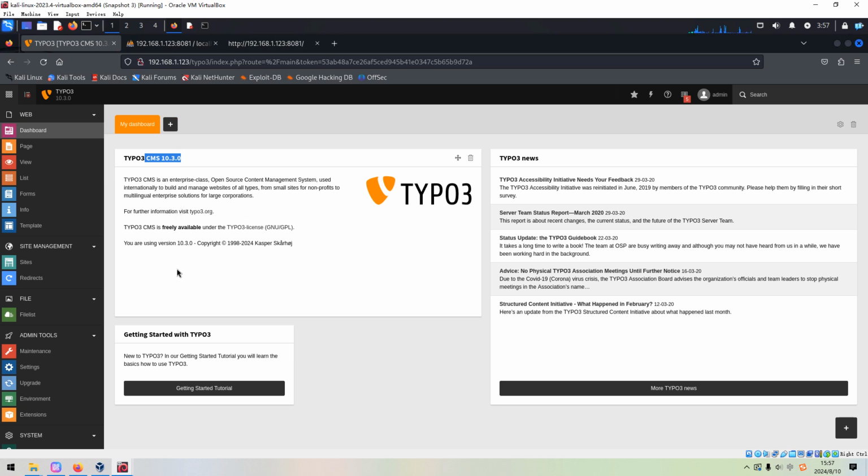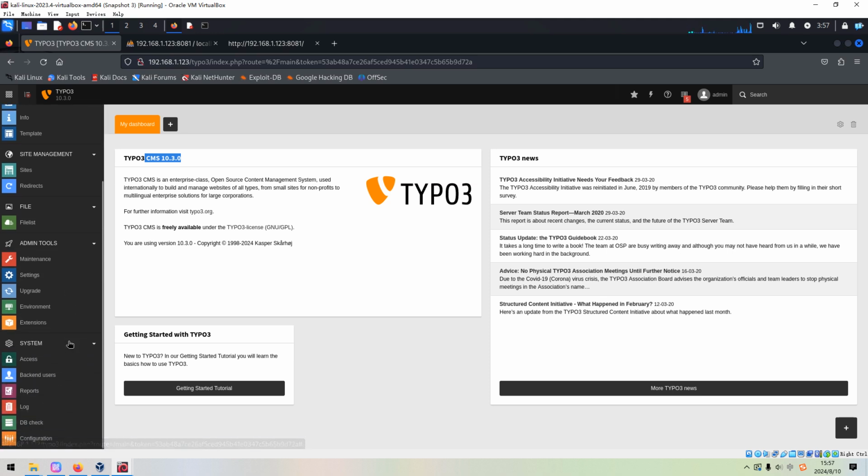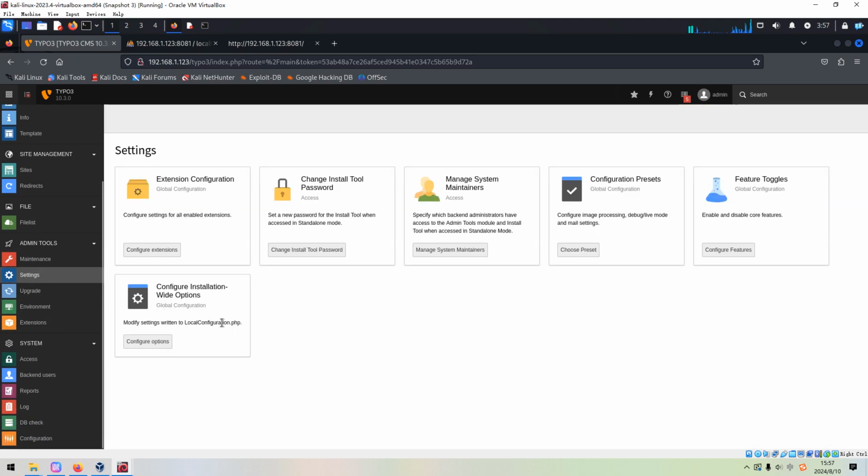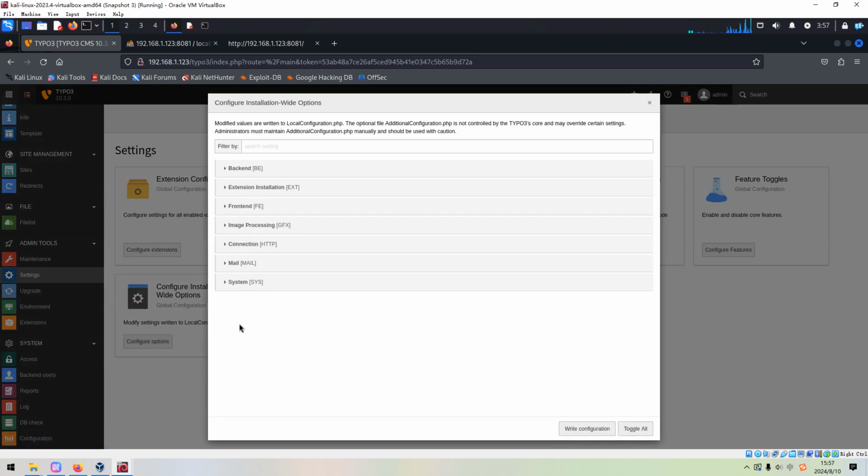And next, we need to find the location where we can upload the PHP file or malicious PHP file. Okay. To be honest, I'm not familiar with TYPO3. Maybe you need to take time to do some research. For example, you can go to the settings and configure the options. In many cases, a CMS can allow you to configure the type of file which is acceptable by the application.